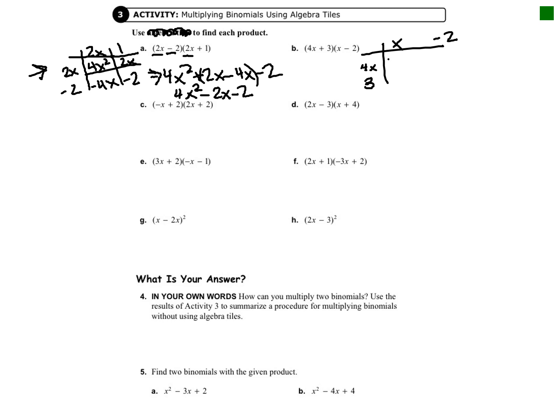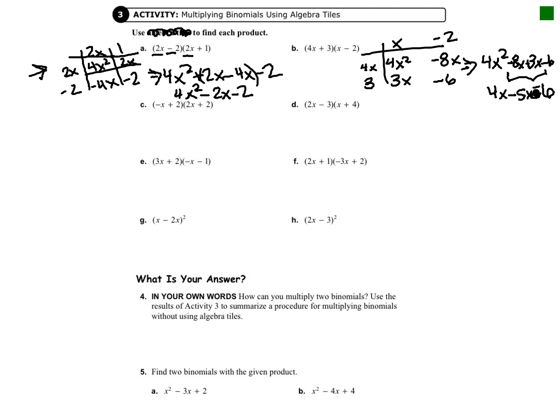4x times x is 4x squared. 4x times negative 2 is negative 8x. 3 times x is 3x. And 3 times negative 2 is negative 6. Pull it out of the box. You'll get 4x squared minus 8x plus 3x minus 6. Combine your like terms. 4x squared minus 5x, sorry, not plus, that's minus 6. And you're done. All right, you guys go ahead and try C and D, and I will resume the video